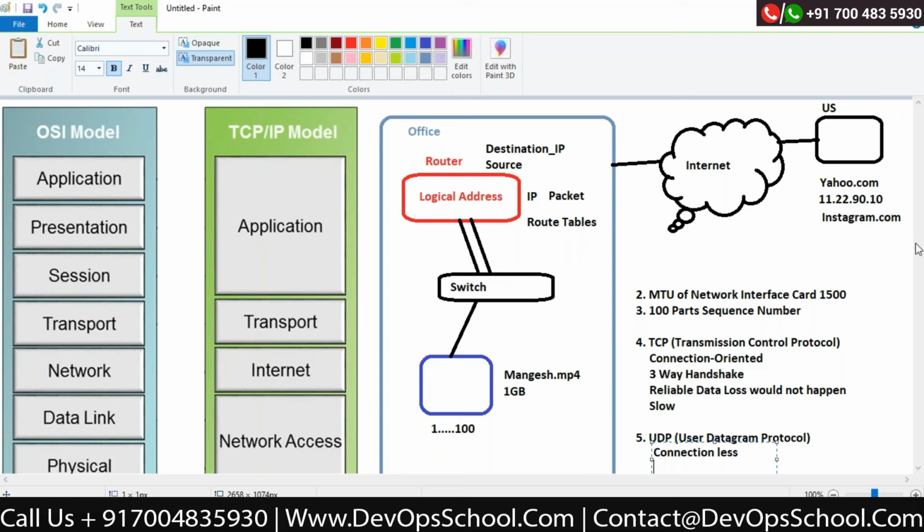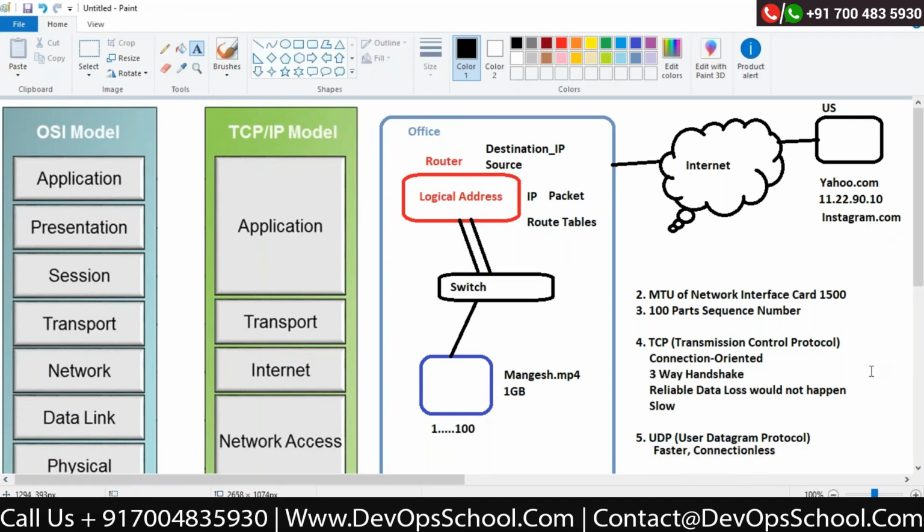Whether it's received or not, he does not bother about it. The three-way handshake does not happen and no acknowledgement comes. He will only start sending the data to that destination. That's it. But it is faster because he's not waiting for anything. He just starts sending the data. He will not wait for the connection, will not say hello, will not create a connection, and will not wait for acknowledgement.